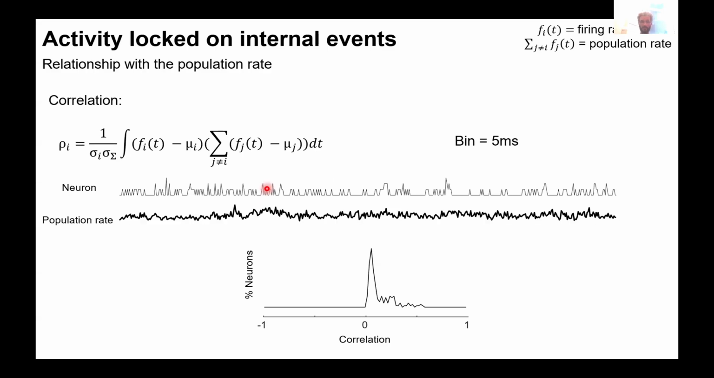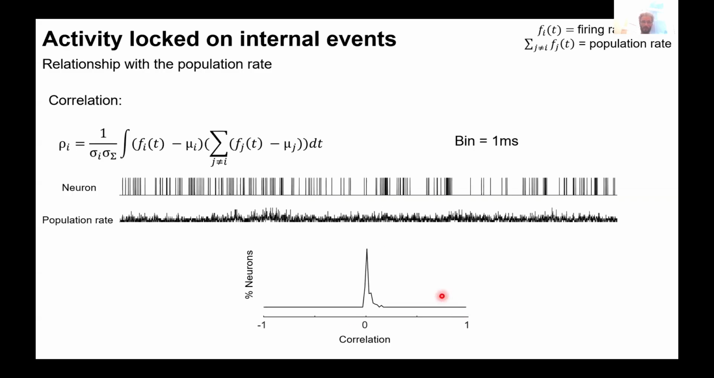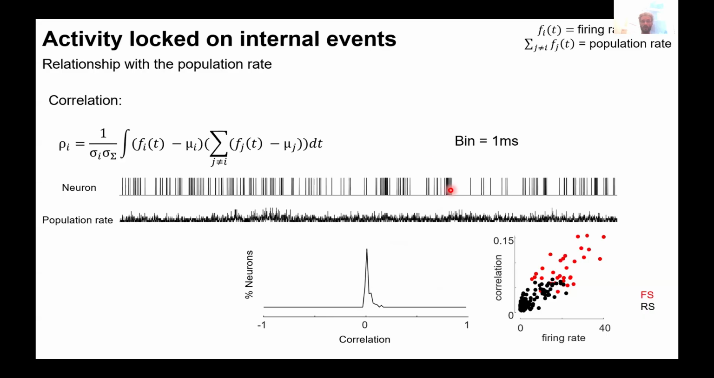When you increase the time bin, you start to have many spikes per bin, and you change that distribution. So depending on what you want to see, you may want to change the binning of your vectors. And when it's really large, you start to have really high values of correlation. Okay, so now if we go back to a 1 millisecond time bin,